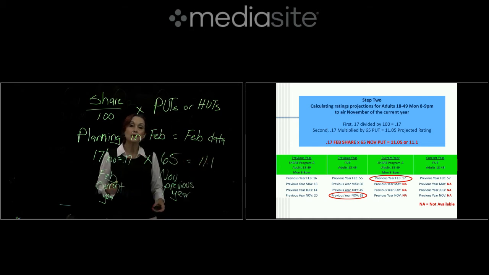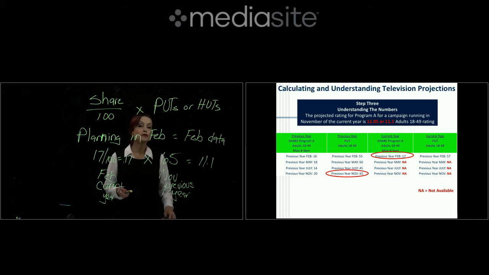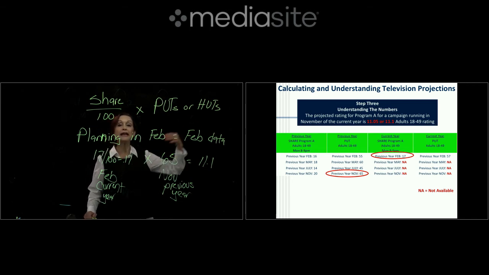So now let's go to step 3 and understand what exactly it is that we're looking at. Okay. So the projected rating for program A for a campaign running in November of the current year is 11.1,